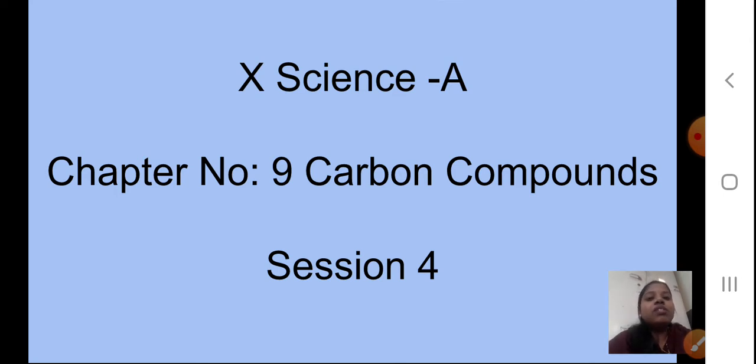In the previous 3 sessions you studied about the carbon, right? Carbon as an element, valency, and where you can find carbon. You have also seen many of the terms related to carbon, and you studied a heading, carbon a versatile element, and why we call it a versatile element, because it has some properties different from the other elements.